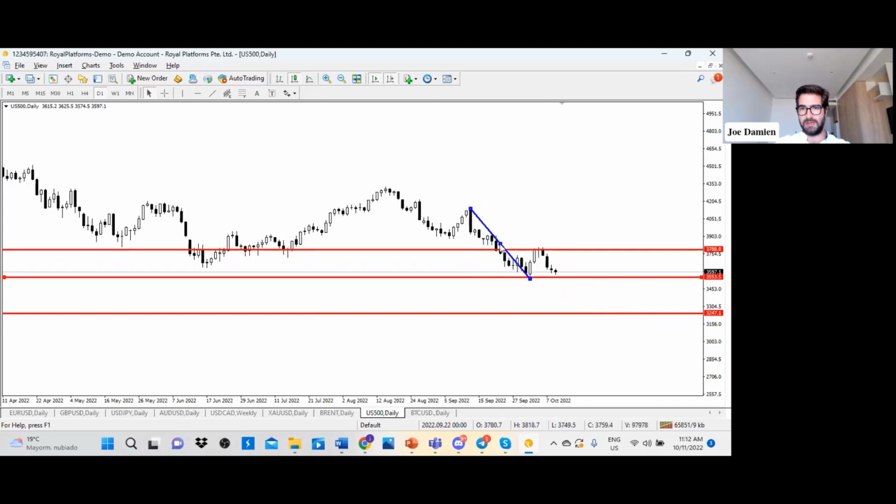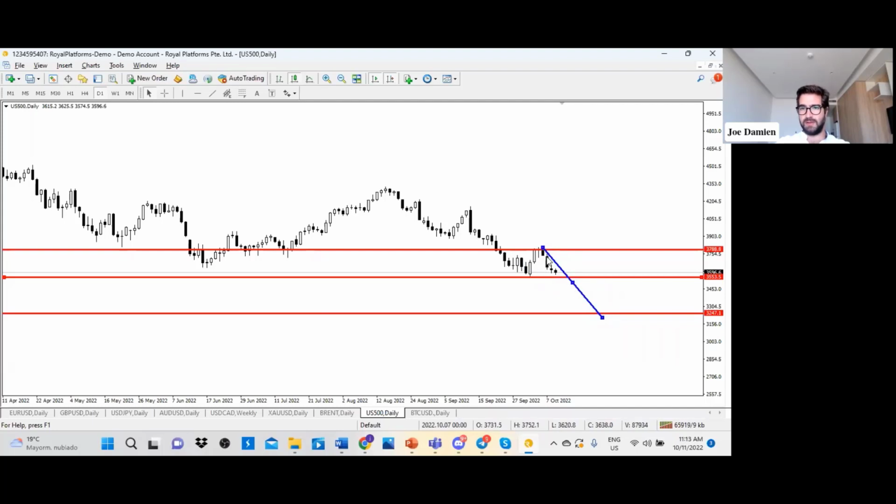AB should equal the new expected CD bearish impulsive wave. So most probably it will continue its move to the downside around the 3247. So this is a bearish impulsive wave, a correction here, and then we are expecting a new